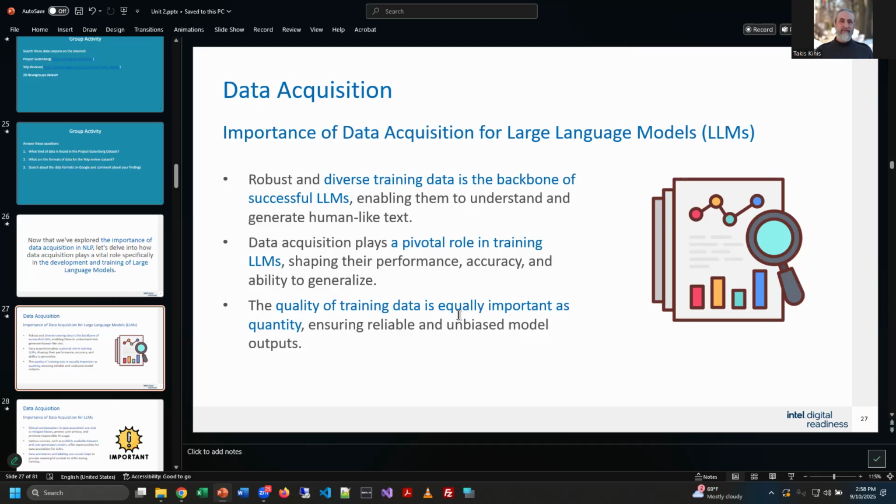It says also the quality of the training data is equally as important as the quantity. So having a lot of data is good, but a lot of data that's not good is not helpful. Less data that's better quality is more important, but really you want both. You want a lot of data and you want high quality data. That's why some people end up paying for their data, or they go to other people that have already done the work of gathering the data. And that's why the information has value, right? It has value because it saves others from spending the time to gather it and analyze it and organize it and structure it. So you see, that's very important.